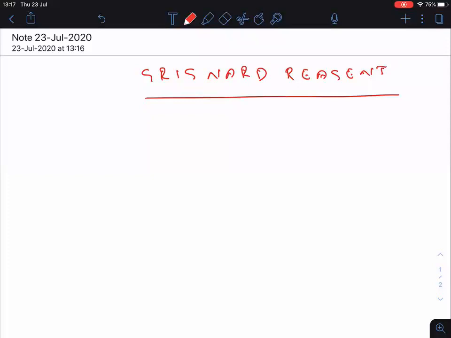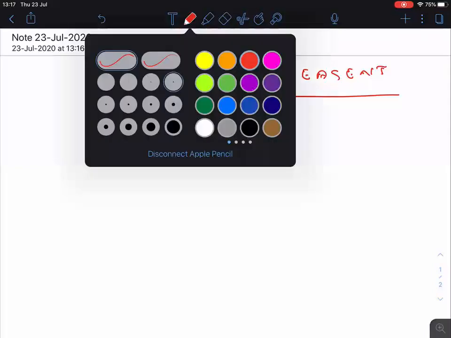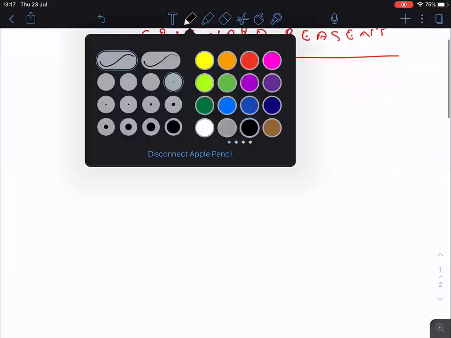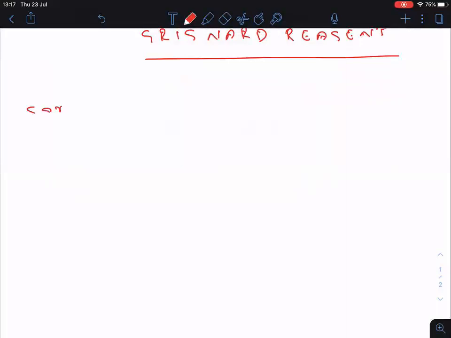It is a very special reagent, and among all the reagents, this is the reagent which has a lot of applications. There is a need that this reagent should be discussed in a very special manner, in the sense that it should be dealt with in a very different way. So among all the reagents, Grignard reagent is very special, and we are going to discuss the Grignard reagent. As I told you, it has a lot of applications also. Clear, everyone? So in Grignard reagent, the first part that we are going to deal with is the carbanion.